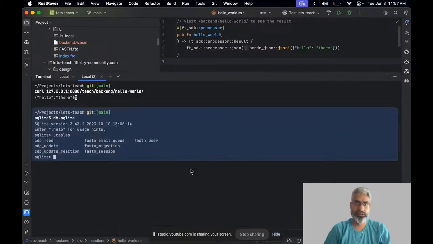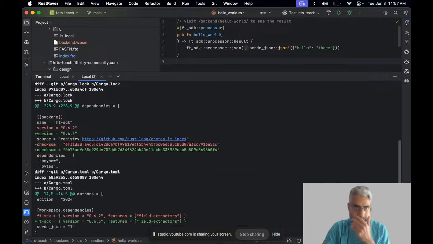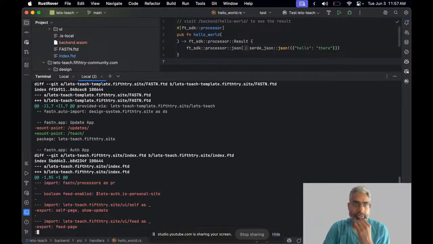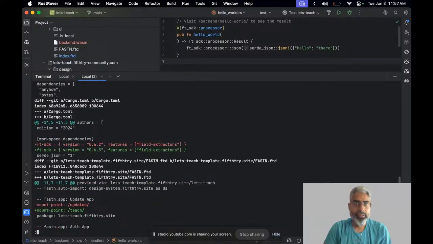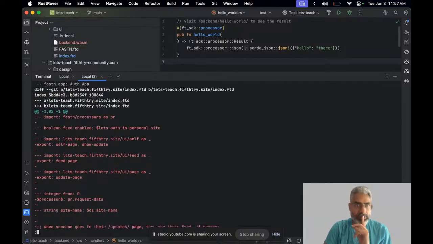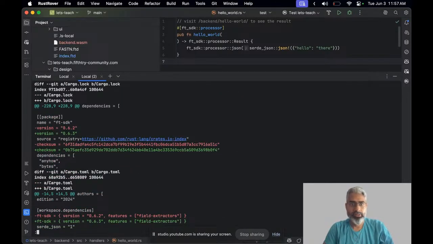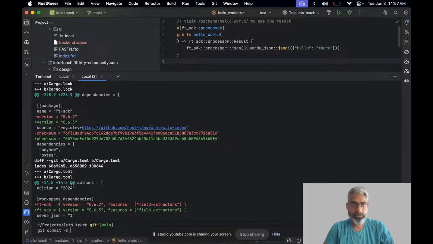Anyways, so we have created this. Let me go and check out what all we have done. So we have updated the FTSDK version. We have updated the URL. We have removed the random stuff, with commit